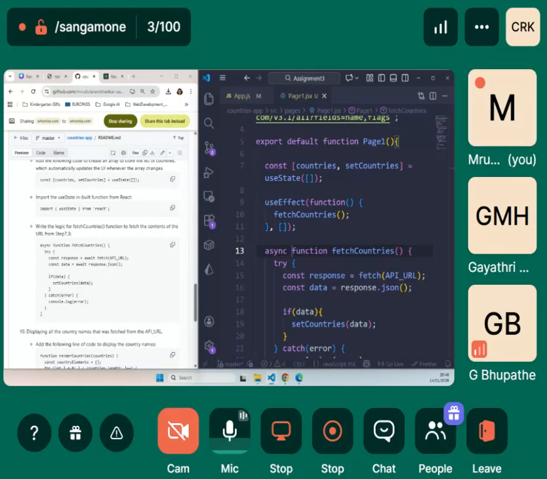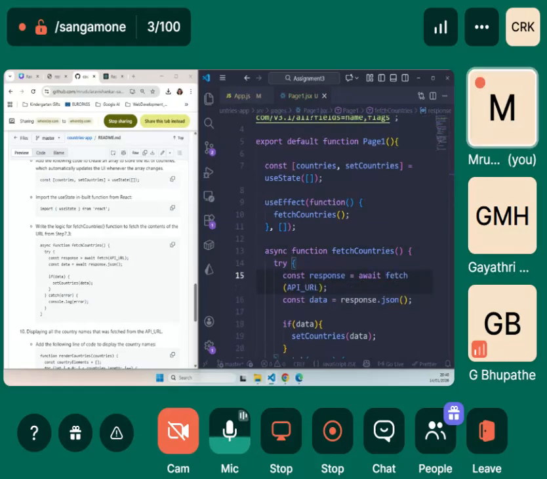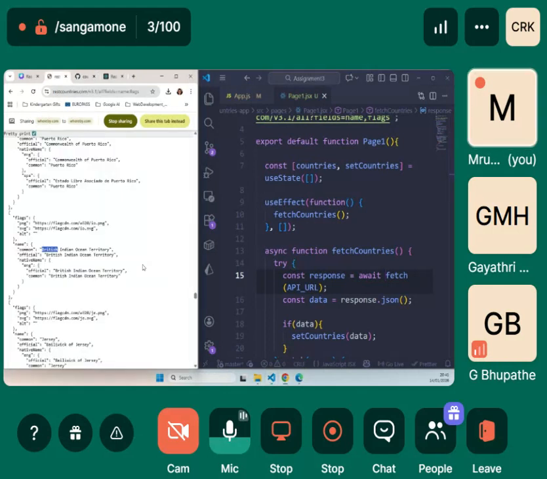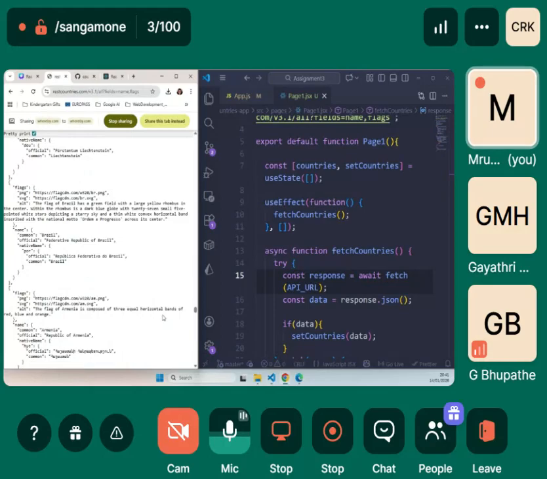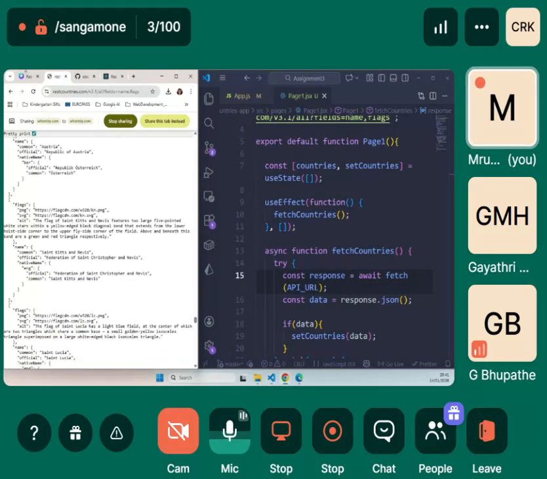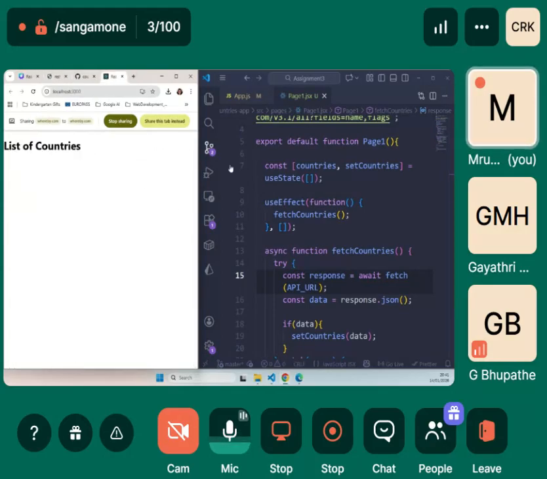Async helps us to wait for it. We will use await here. Since it is lots and lots of data, it might take a few seconds to deliver it to us. So we need to wait. But this function doesn't wait. It will take milliseconds to execute.